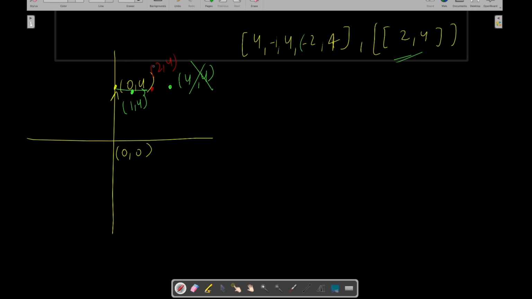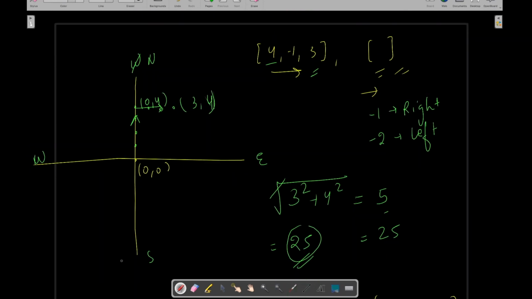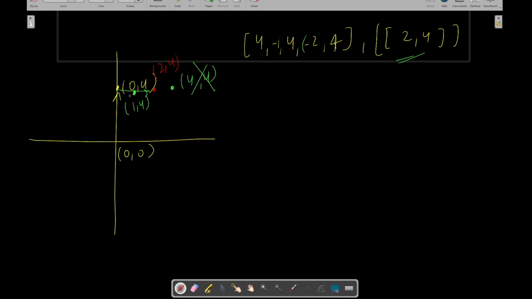And now minus 2, again the robot will turn left, right? Minus 2 means left. So again it is facing the north direction, right? And now again it will move 4 units forward. Okay, so 1 2 3 4. Now it will reach here, and now the coordinate is 1 comma 4 plus 4, 8, right? So now we can take the Euclidean distance as 1 square plus 8 square, which is 65 units away,